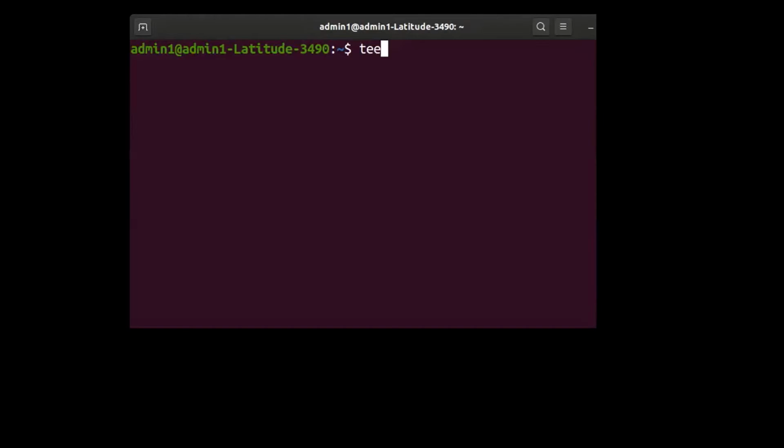You have command 1 on the left side, and from command 1 there is an arrow which goes to the command called tee. Now that command 1 can be any valid command of the Unix operating system. The output of command 1 will go to tee.